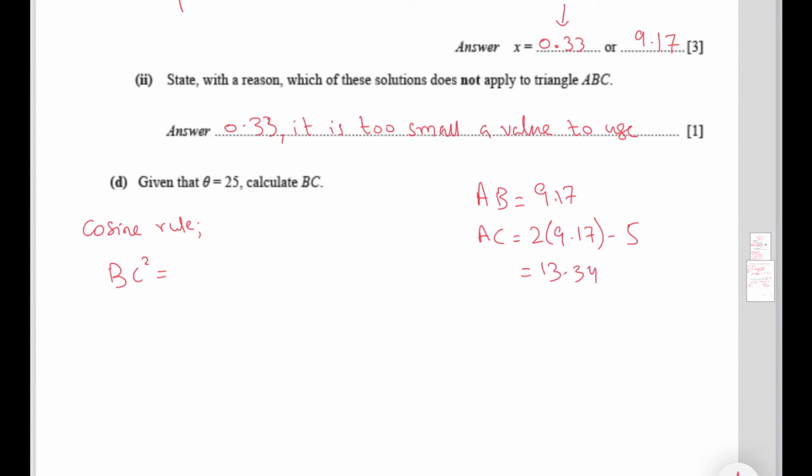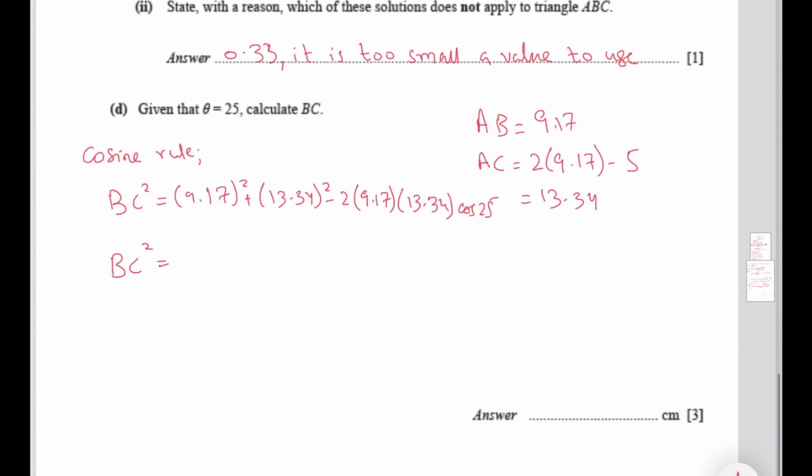So we do 9.17 squared plus 13.34 squared minus 2 times 9.17 times 13.34 cos of 25. Okay, then we solve this further. Let's plug the entire equation into the calculator, and the calculator gives us